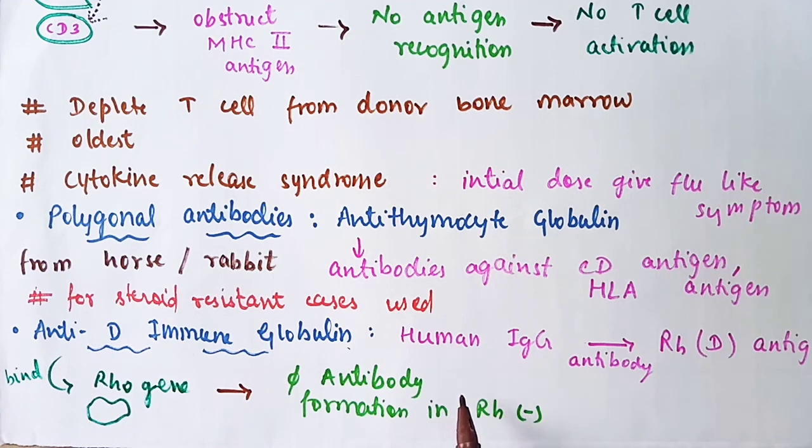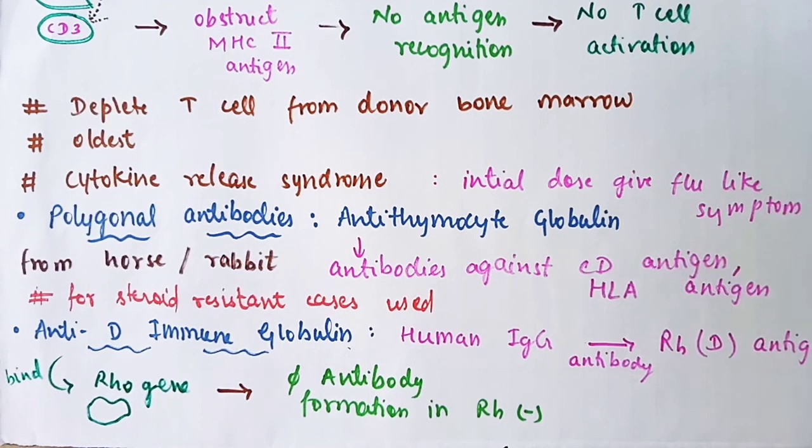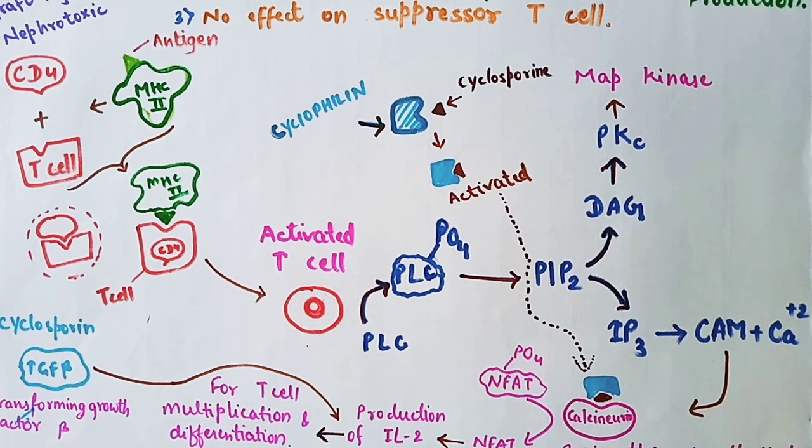Basically, when a woman who is Rh negative gives birth to an Rh positive child, the immune response can be activated by the woman, and the T cell and B cell may be activated against her own fetus and the death of the child can take place. So this drug is usually given within 72 hours of the childbirth, since no antibody formation occurs in the Rh negative individual. No antibody formation occurs in the blood of the mother against the fetus. So this was all about the immunosuppressant drugs, and the whole story for immunosuppressant drugs goes around this chart. So you have to check it out again and again and properly.